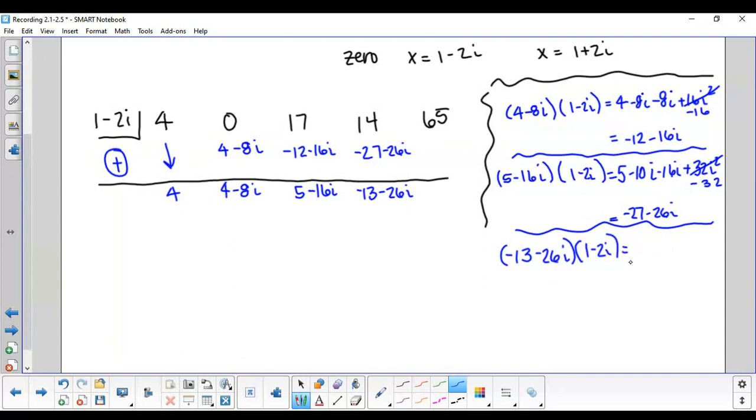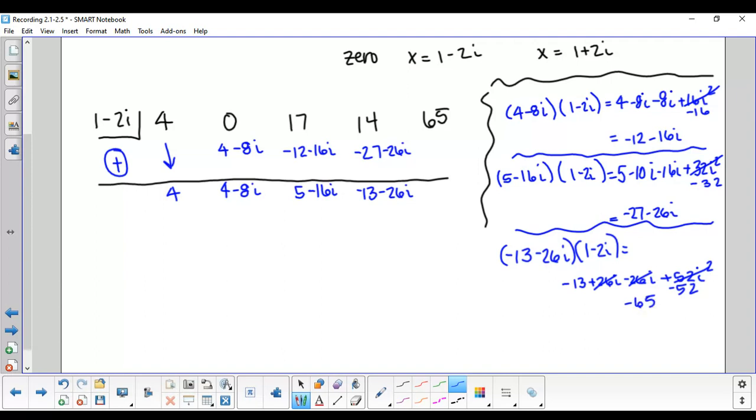So negative 13 times 1 is negative 13. Negative 13 times negative 2i is positive 26i. Negative 26i times 1 is negative 26i. And negative 26i times negative 2i is a positive 52i squared. And again, because we have an i squared, we know this really is minus 52. And notice that our positive and negative i's, 26i and negative 26i, add to 0, so I end up with